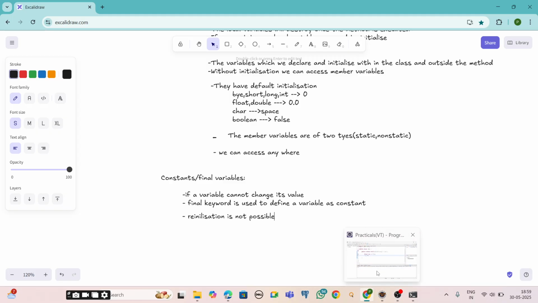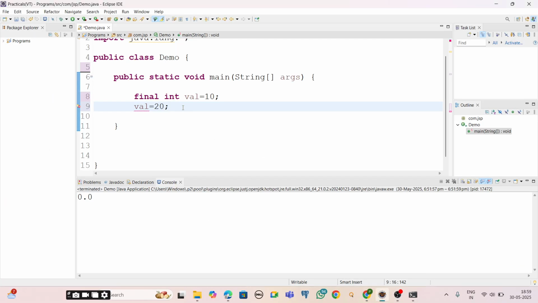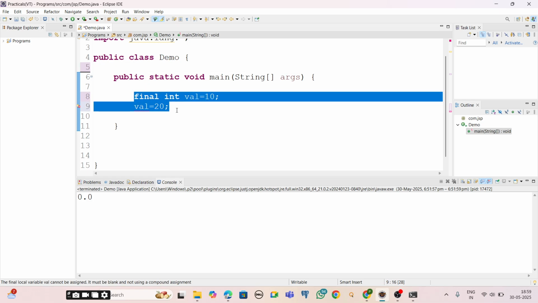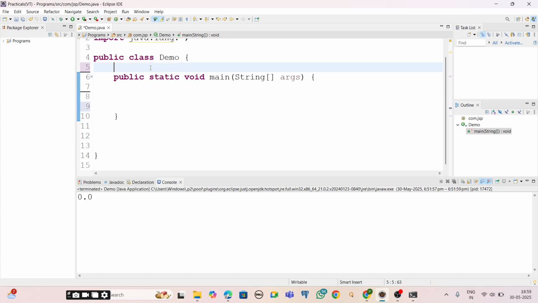Now you may have a question: can I make member variables final? Yes, we can. Let me have a member variable like int value is equals to 10. Let me make it static, because till now we don't know how to create an object, I didn't show, right?